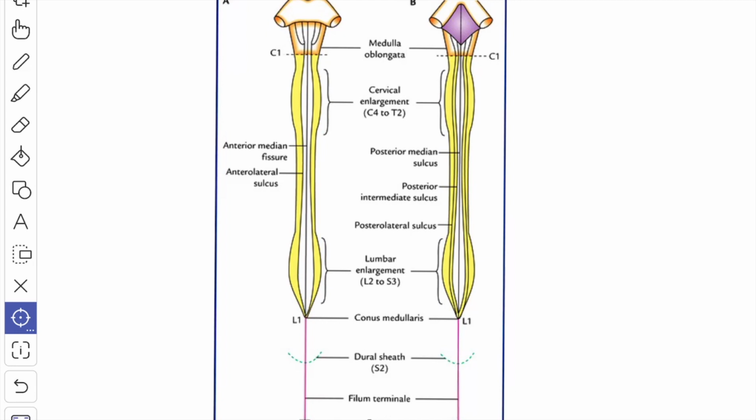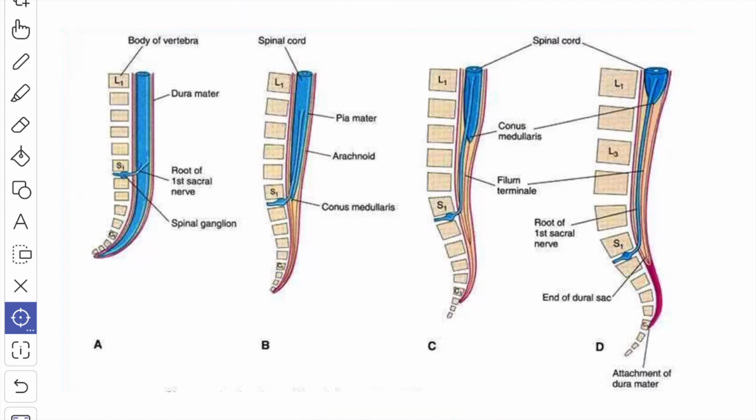The spinal cord contains a large number of ascending and descending pathways which serve as a conduit for nerve information passing to and fro from different parts of the body and the brain. When you see the function of the spinal cord, it helps in the execution of simple reflexes and transmission of impulses to and from the brain. Next we'll see about the positional changes of the spinal cord.